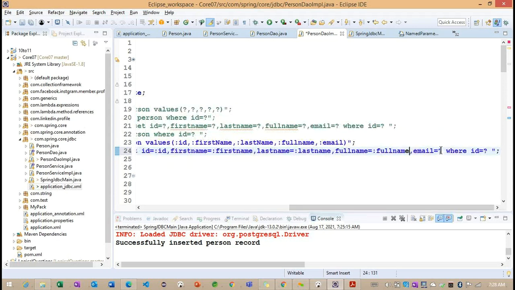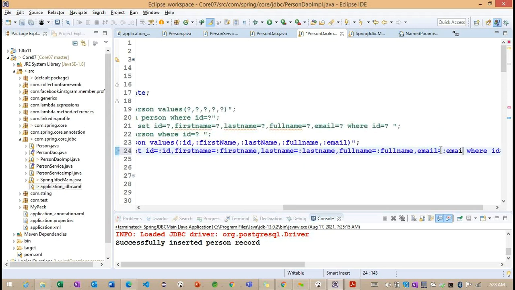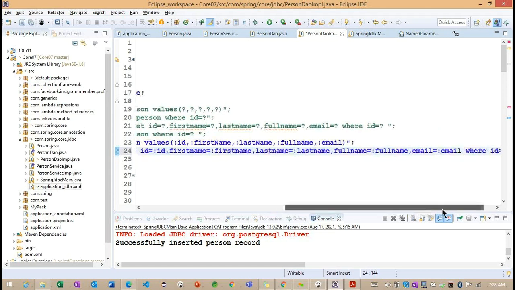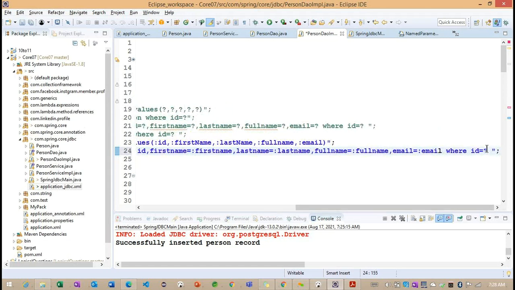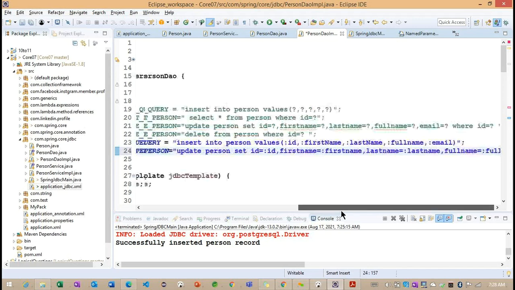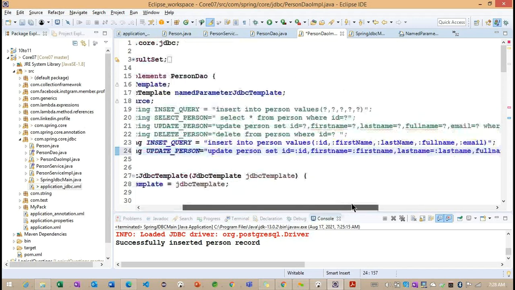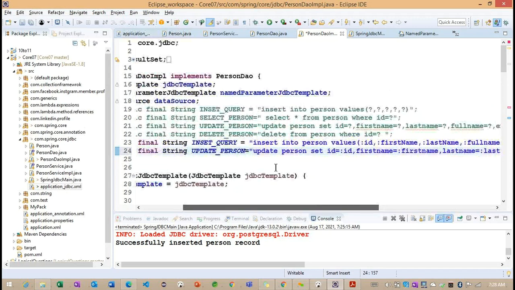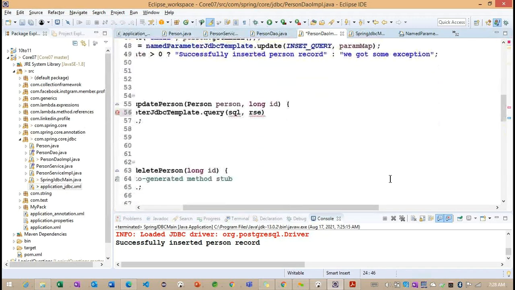Full name and so on. Okay. So this is our update query. Let me copy this particular update query and here I want to provide the update.